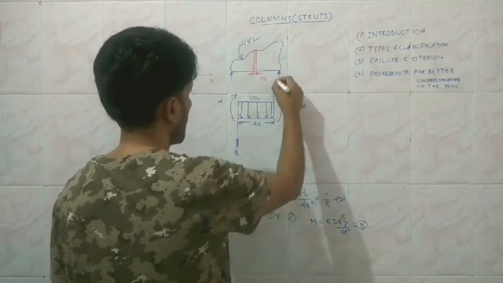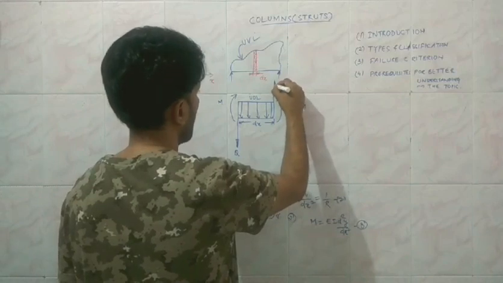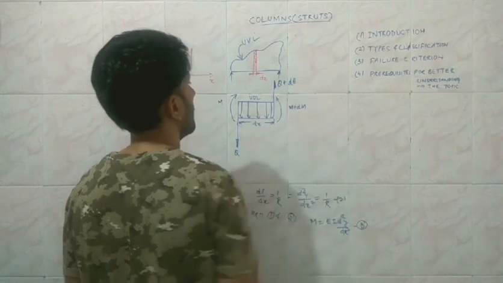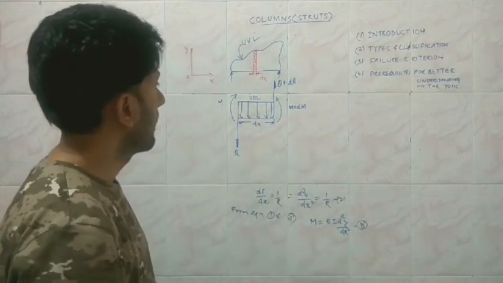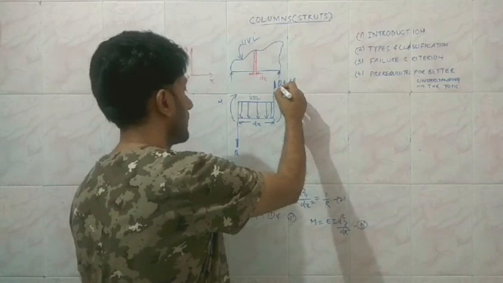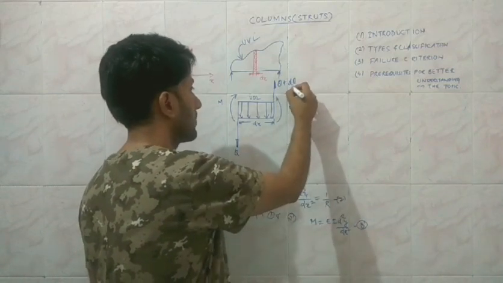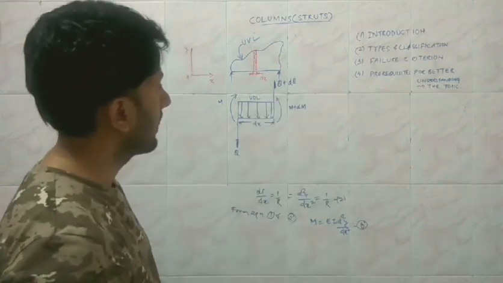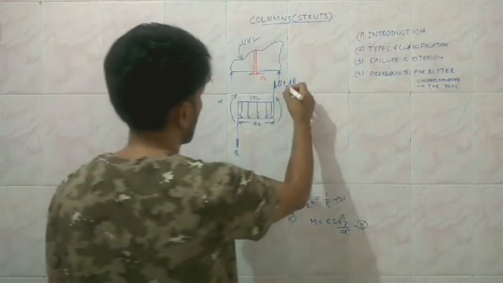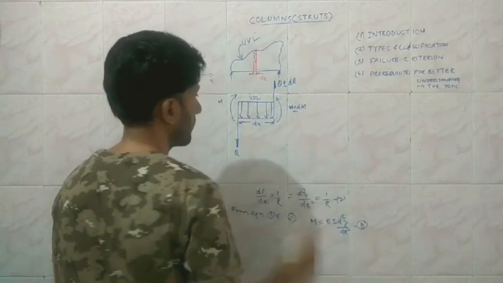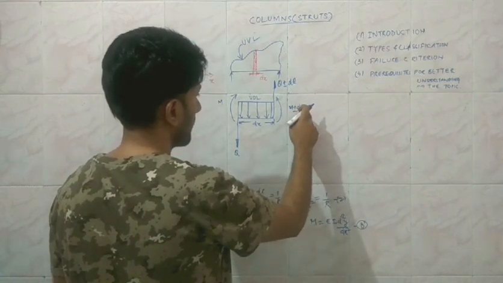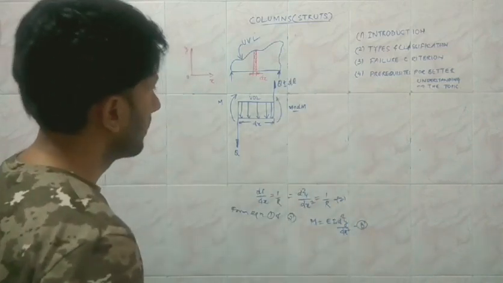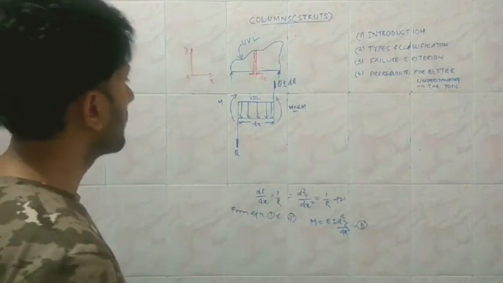If we have chosen it in the downward direction on one side, this has to be in the upward direction on the other, and the value is going to be Q plus delta Q. So delta Q is very small, and again this is the initial value of Q plus the rate of change of Q with respect to x multiplied by dx. It is going to be cancelled, and we are going to add delta Q only. So the plus or minus sign is something we are going to incorporate. We don't know whether the change in the bending moment when we move in the x direction is positive or negative. We are going to identify it from the equilibrium condition.